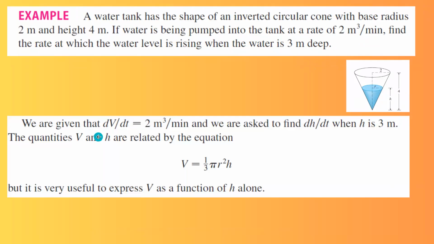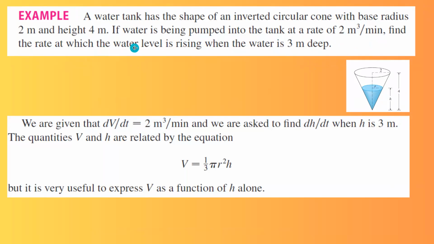First of all, we know that the rate of change of the volume with respect to time is 2. Take a look at the second line. The water is being pumped into the tank at the rate of 2. So here you have the unit, which is cubic meters over time, which is basically the rate of change of the volume. The question says,